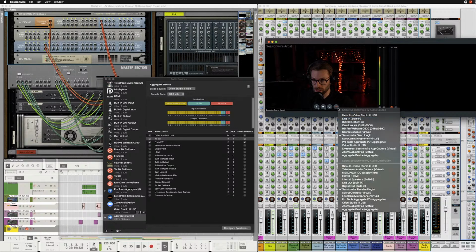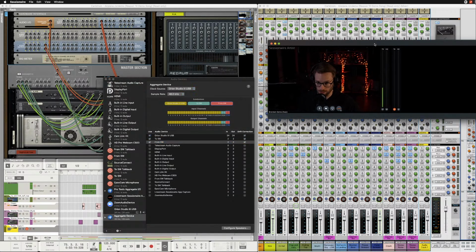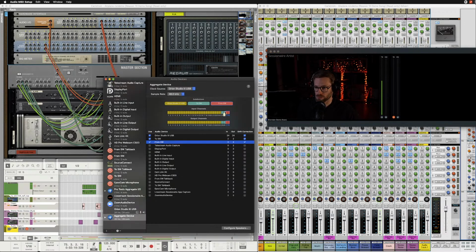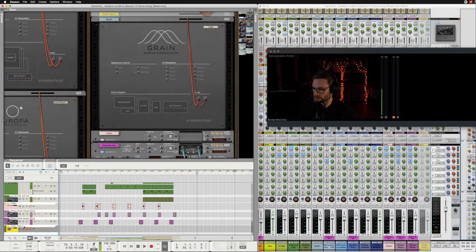So I'm going to change my HQ audio destination to the Sessionwire receive plugin, which means it's pointing the audio towards this from SW driver. The audio is going to go from the Sessionwire app through the from SW driver and then appear in here on channels 27 and 28. So I'm going to bring those into the sampling input, which means that this audio track, if I'm not mistaken,